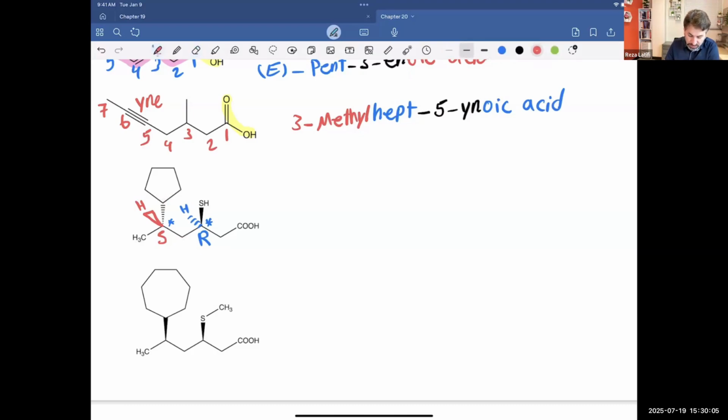Okay, carbon number 1, 2. This one, it will be 3, 4, 5, 6. On carbon number 3, we have R configuration, and on 5 we have S. So I go 5S. Next, I have 2 substituents, cyclopentyl, and also I have SH, or in this case, I'm going to treat it as mercapto. So I'm going to say I have 5 cyclopentyl,